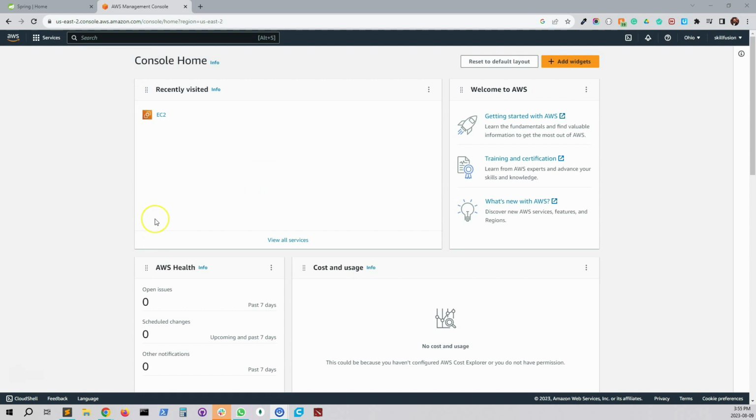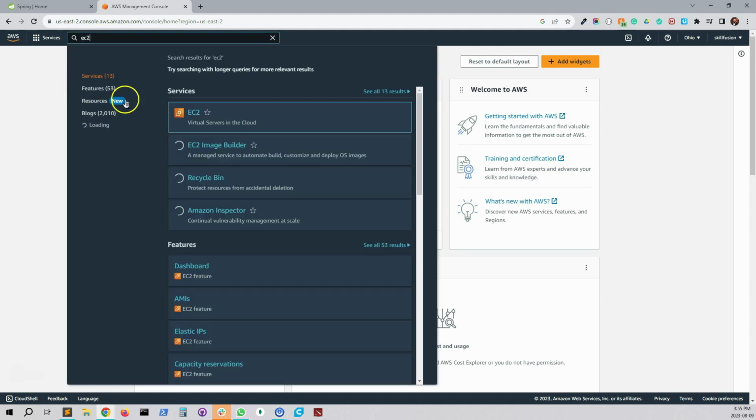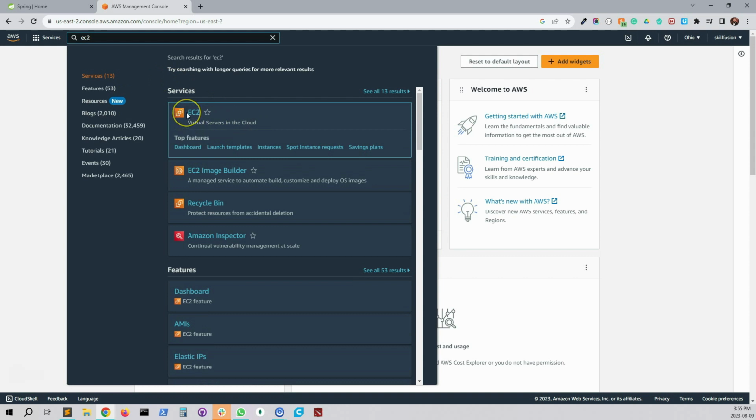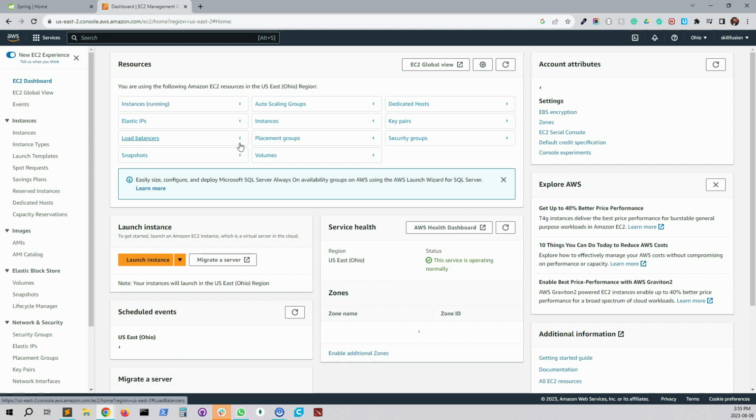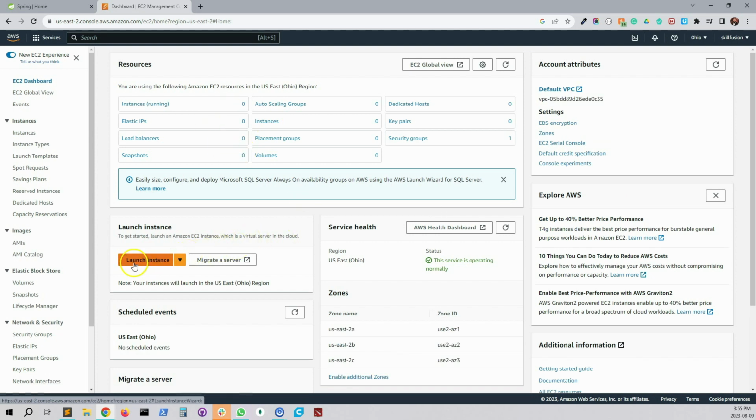Okay, so now we're going to create a new instance in AWS, which will be an EC2 instance. For that we're going to click on the search box and type EC2. It will show on the top, and then we click on the dashboard, and then from the dashboard there is a button called launch instance. We'll click on that,